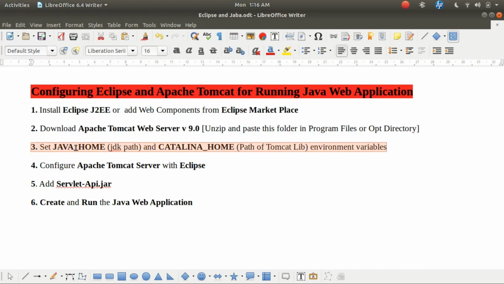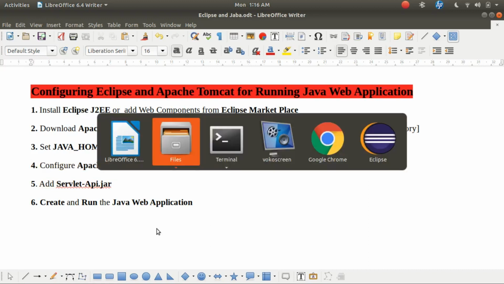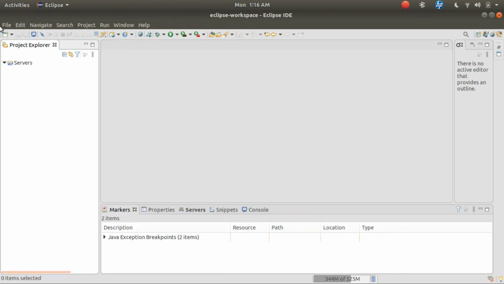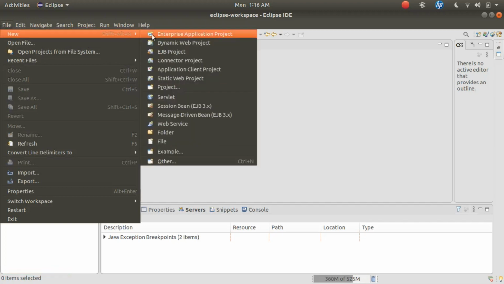So now let's move to configuring Apache Tomcat Server with Eclipse, and after that we'll be adding this Servlet-Api.jar file in our libraries, and then we'll be creating and running our first web application using Eclipse and Apache Tomcat. So this is my Eclipse starting screen. First I need to create a web application, so I'll go to new, then dynamic web project, and